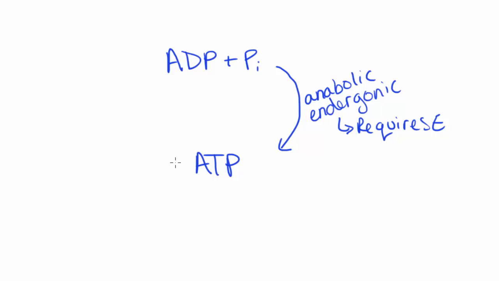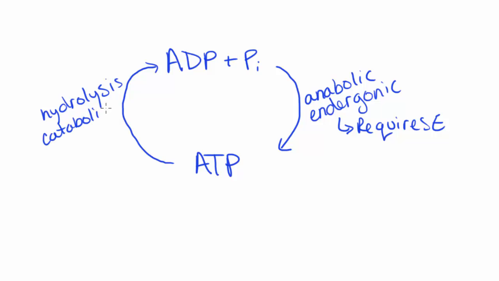Now you talked about a cycle, and so the cycle that you're referring to, I think, would be completing the other side right here. So that part would be hydrolysis of ATP. And hydrolysis of ATP, it's breaking the ATP apart. So that would be catabolic, and catabolic things actually release energy. And that's the whole point of them, because we run them so that they will provide energy for some other